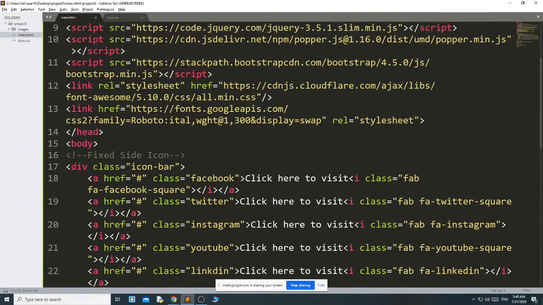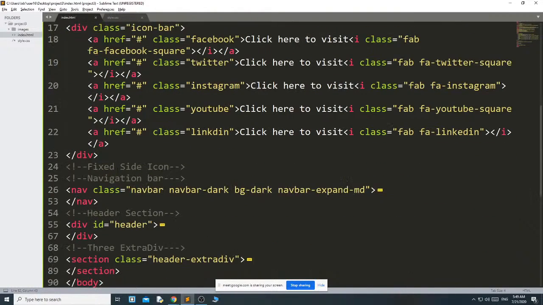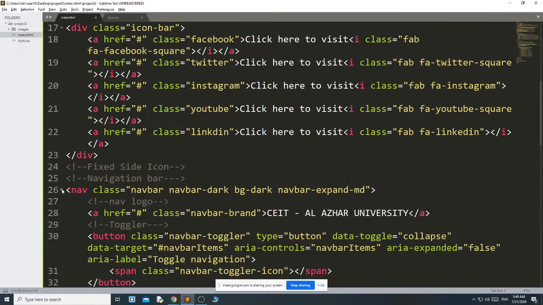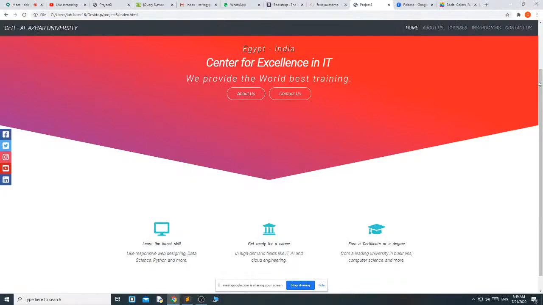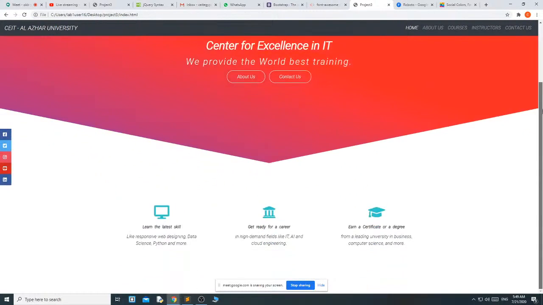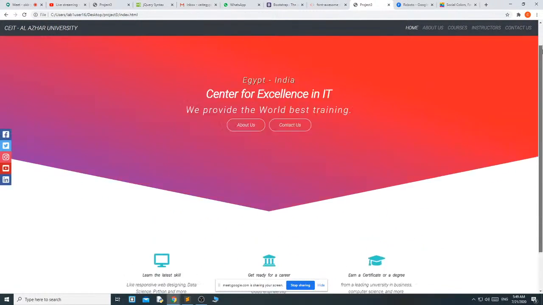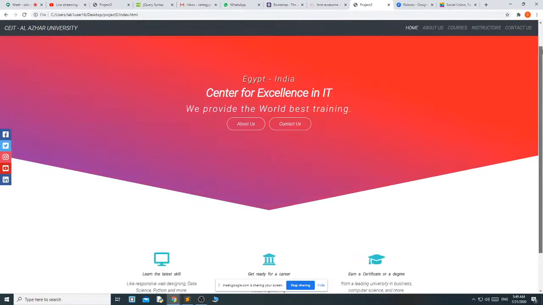Go to the navbar, here you have to write fixed-top. See, fixed-top means when you scroll down it will not disappear.